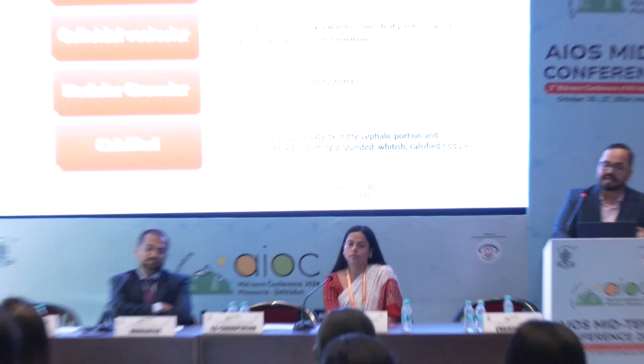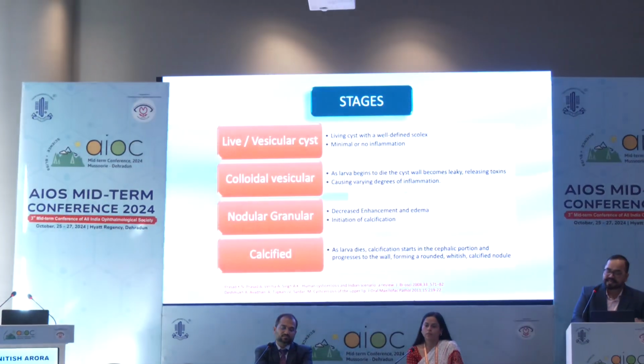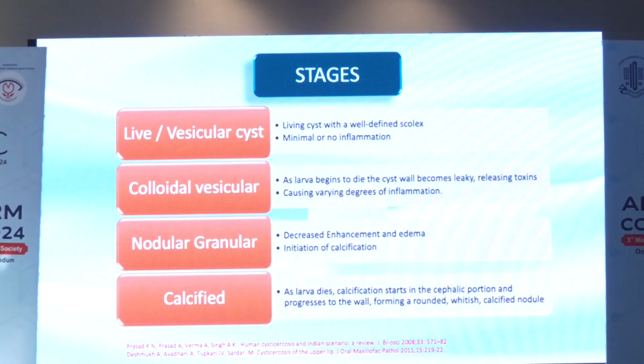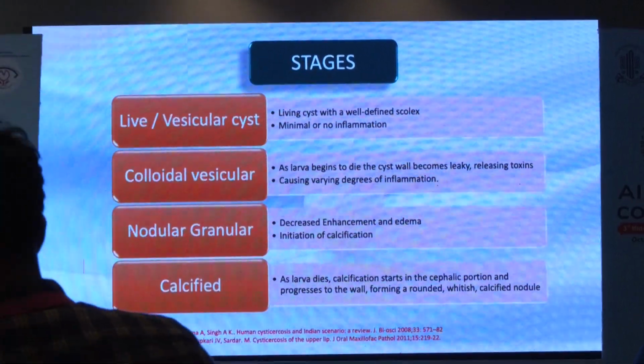In the life cycle, as we discussed, human being is the intermediate host and the oral route is the commonest, and pig is the primary host. The stages of cysticercosis are: the live vesicular stage, where there is a living cyst with a well-defined scolex and minimal or no inflammation. Then the colloidal vesicular stage, where the inflammation starts, the cyst becomes leaky and releases toxins, and varying degrees of inflammation can be noted. In the nodular granular stage, the calcification starts and there is edema or decreased enhancement. And then the calcified stage, where we can see